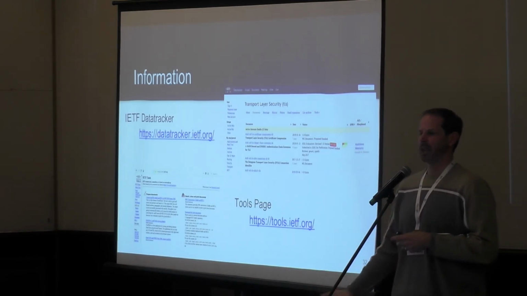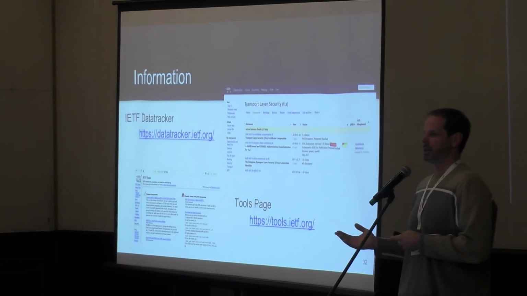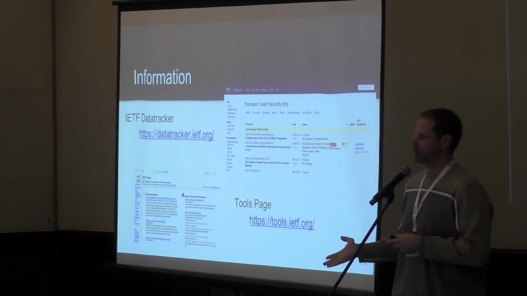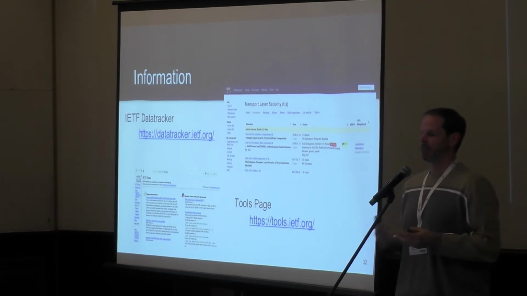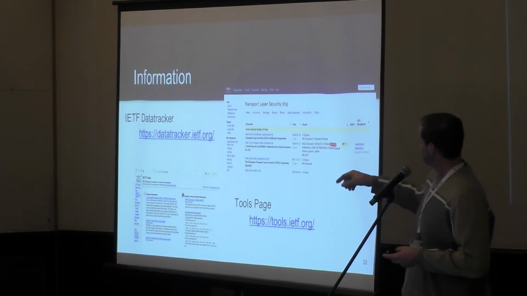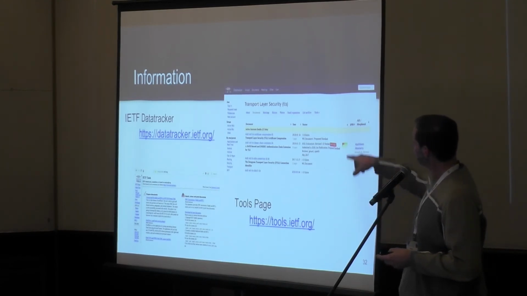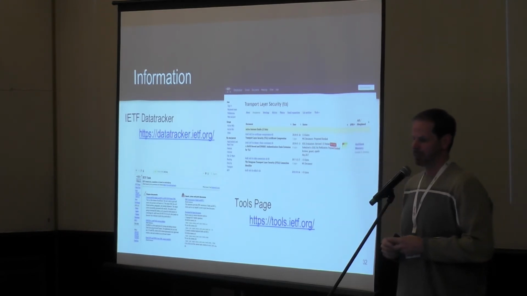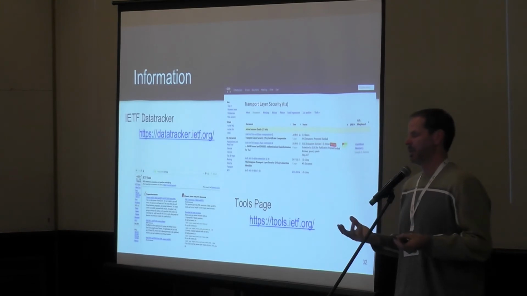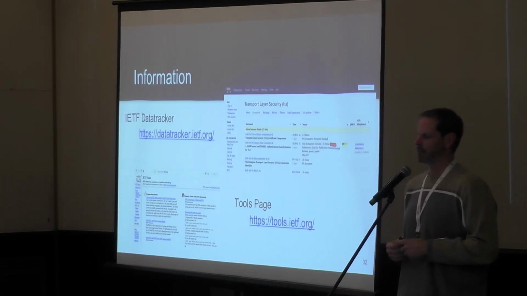You can find out what state it's in. Has it been adopted by a working group? Is it being pushed to the IESG for publication? Is it at the RFC Editor getting ready to be published as an RFC? All that information is in the data tracker. It's organized generally by working groups. As you can see on this top picture, there's a list by area relationships. So whether it's an applications-related working group document or an internet area related document, you can find it through that drop down.